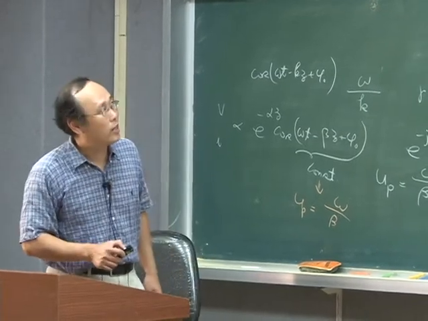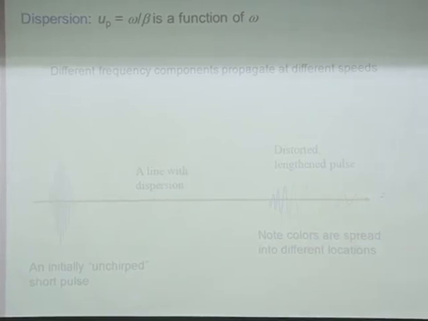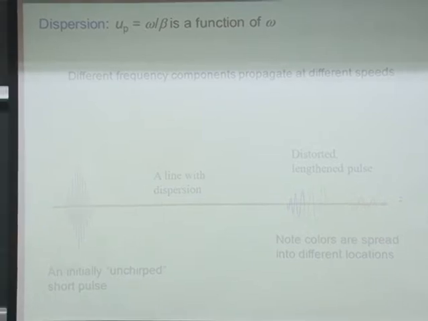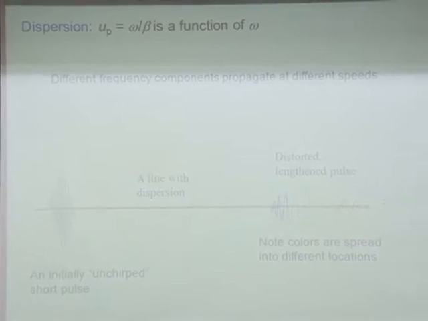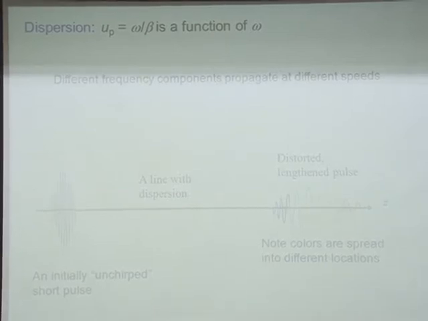OK, well, if this is a function of frequency, then this means that this transmitting material or transmission line has dispersion. Well, what happens if you have a line with dispersion? 这个 dispersion 会造成什么效果？我们来看一下。If you have a wave containing a lot of frequencies,